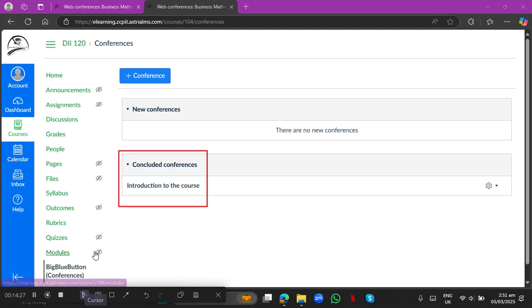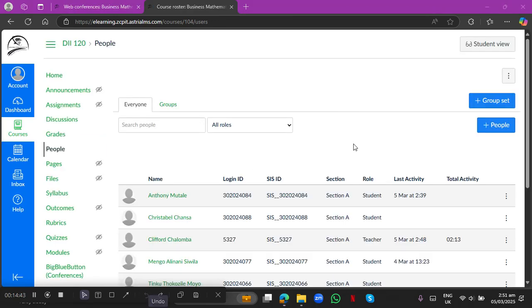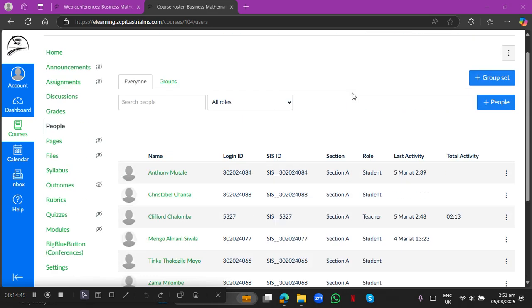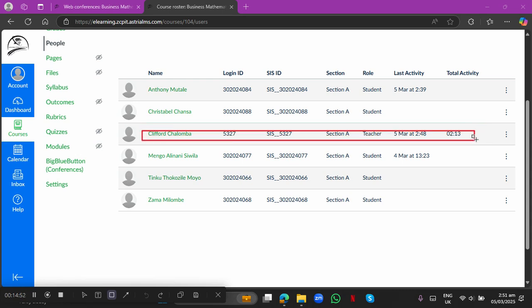And speaking of which, to see which students have registered for that course, you click here on people. So when you open a course, you click on people, you should be able to see the students who have registered. And yeah, it will also show yourself. So this is Mr. Chalomba's course. So Mr. Chalomba will be indicated as a teacher in this case. Then the rest will be indicated as students. Yes, so these are the students of